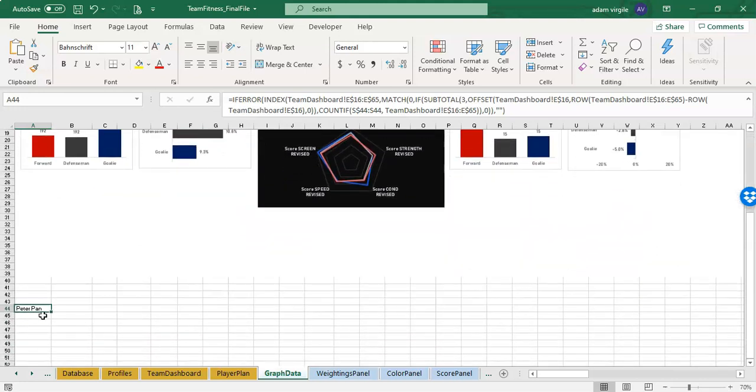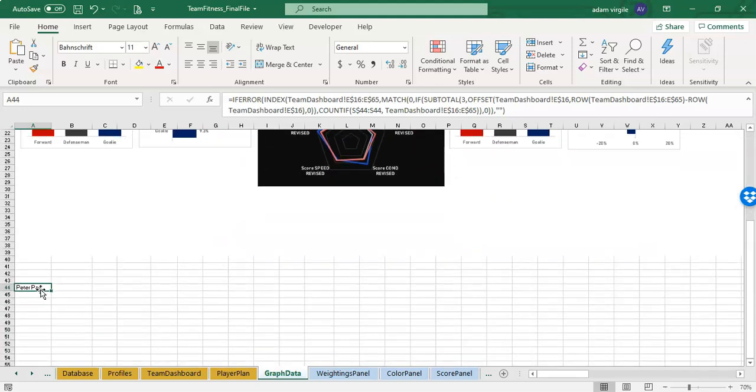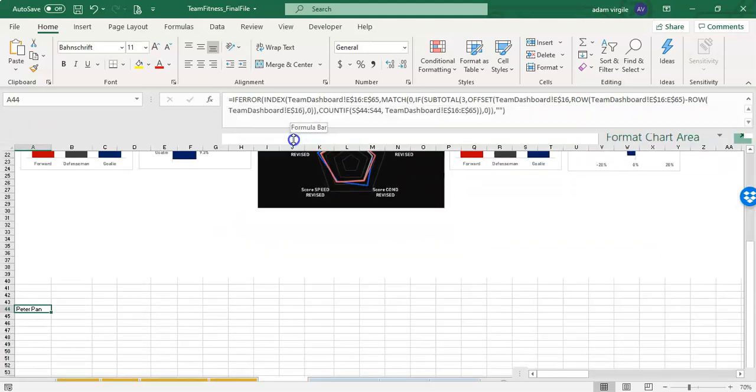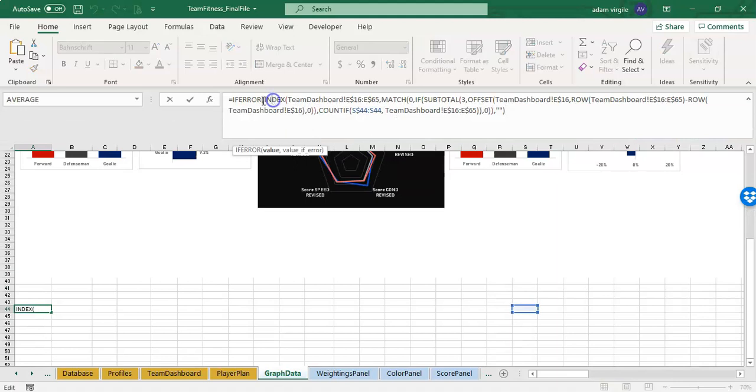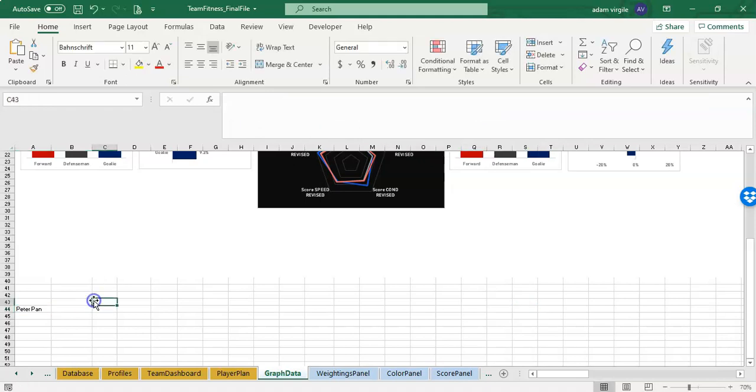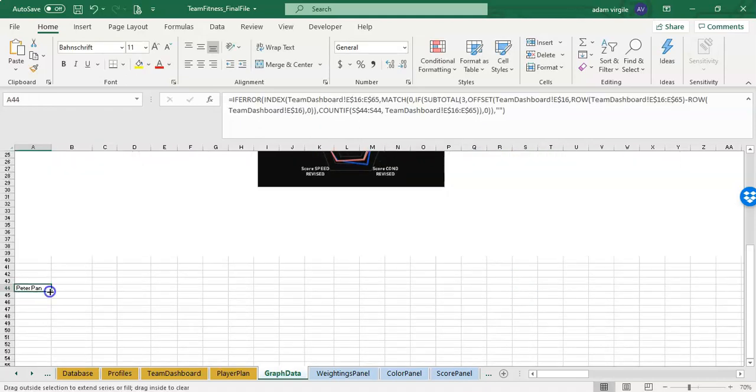But we're going to do that over here. We're going to create that graph over here, and this is the formula. Equals IFERROR, INDEX, and what we're looking at in our team dashboard is E16 to E65, which is our list of names, and we're matching to a count of names if they're not blank, and offsetting by rows. And what this does essentially is if we drag this down,